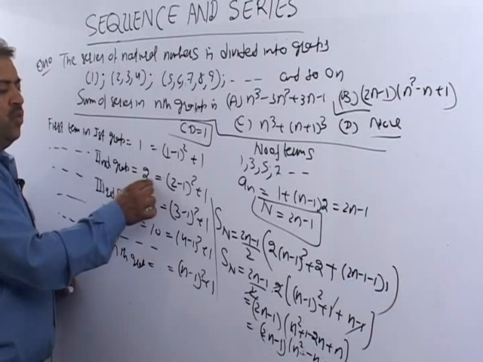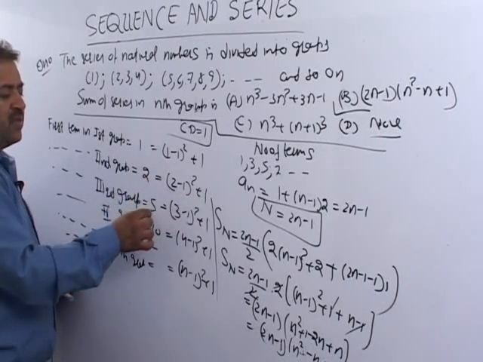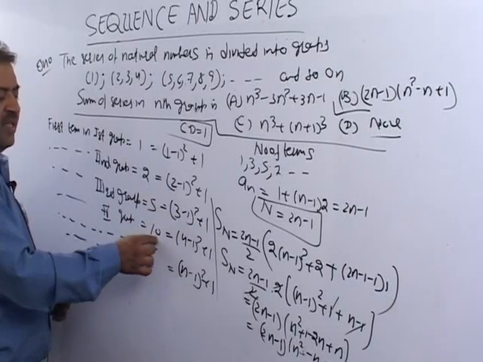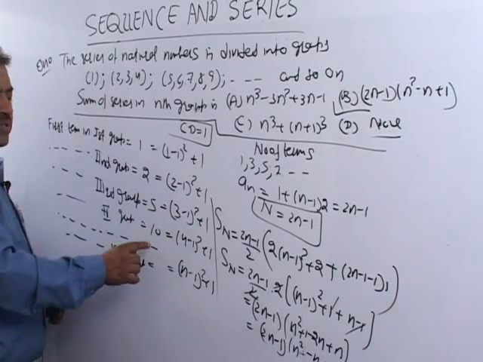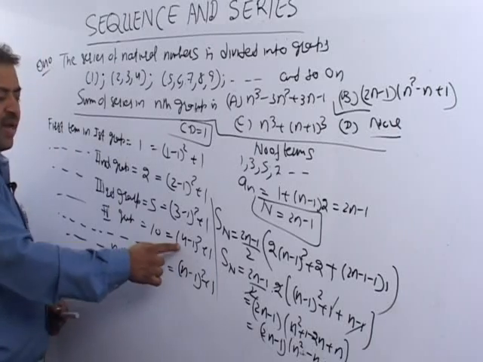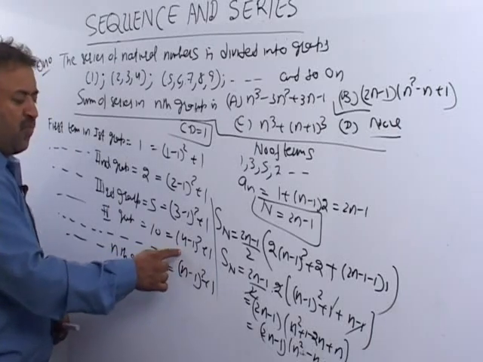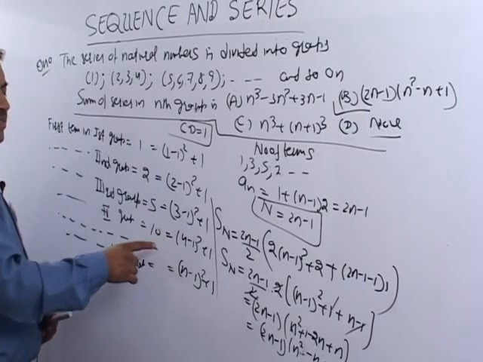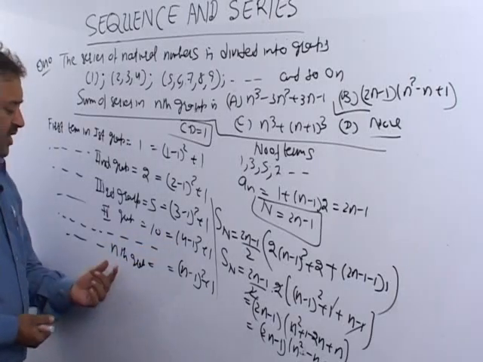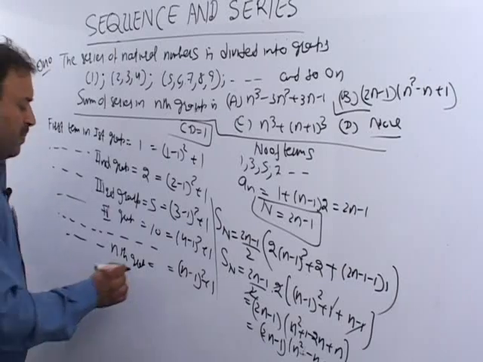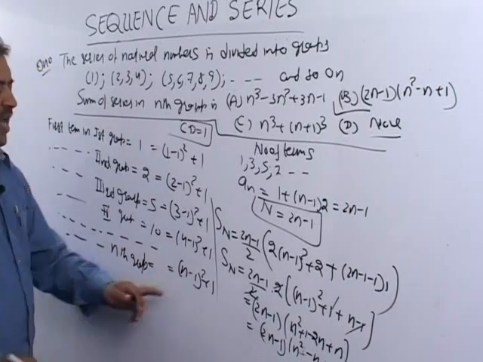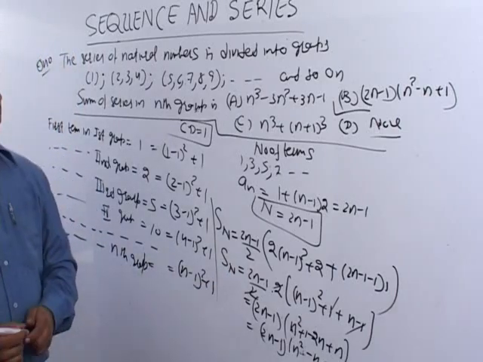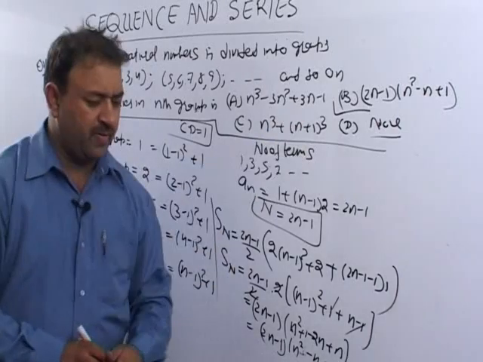See it carefully: 2 means 1 plus 1, 5 means natural number 2 squared plus 1, 10 is 4 minus 1 the whole square, next is 17, so we can write it as 4 squared minus 1 plus 1, like this: 2 squared, 3 squared, 4 squared. The first term in the nth group is n minus 1 the whole square, and we apply the sum to n terms. We got the right option as B.